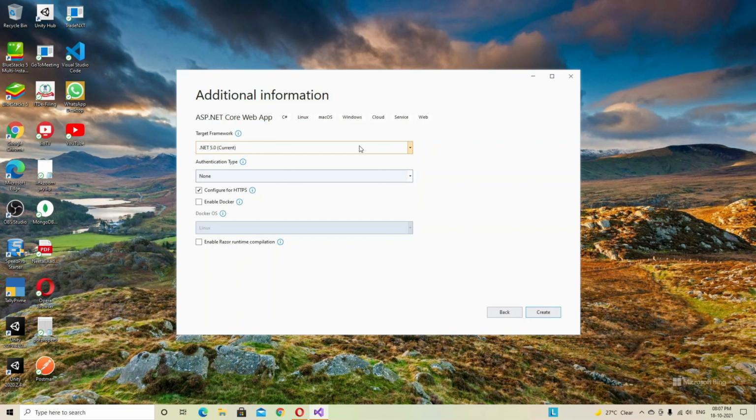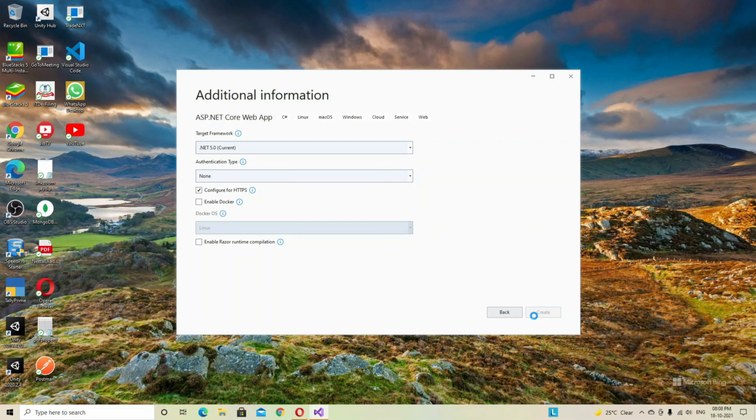If you don't see .NET 5 on your machine, update your Visual Studio IDE. After that you will be able to see that option and create a .NET 5 solution. As well, I have authentication type none and Configure for HTTPS checked, and click create.